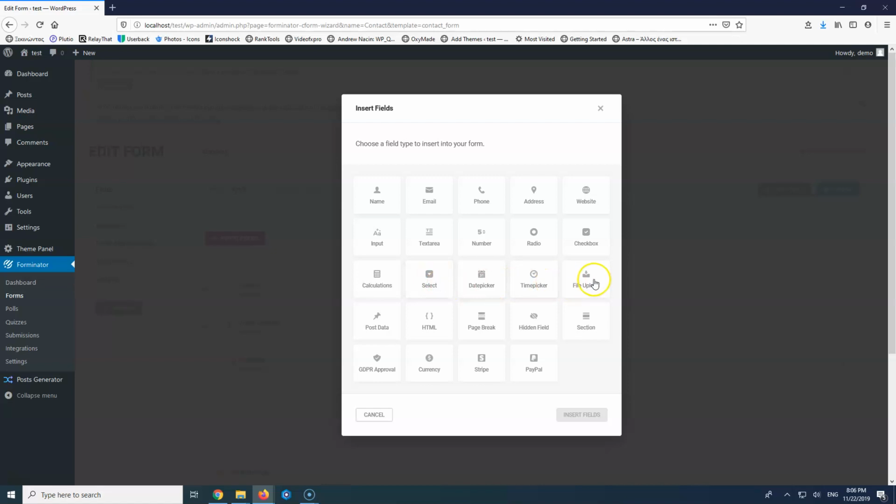Date picker, time picker, file upload, this is something that you may need in a contact form so they can upload files. Post data, this is not something that we are going to use now, but I have already created a video about that. If you want, you can check it. I will leave it in the description below, and also it will be on the screen somewhere in the right corner, I think. HTML code, page breaker,